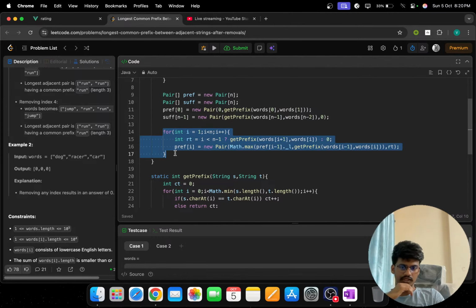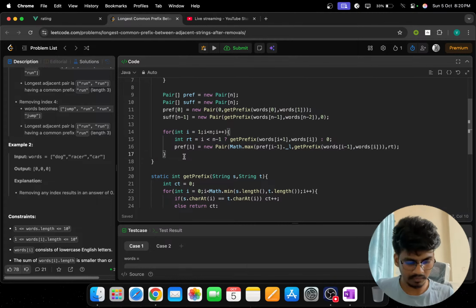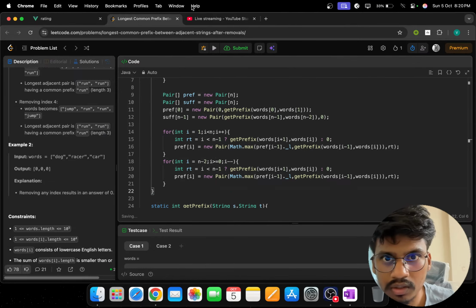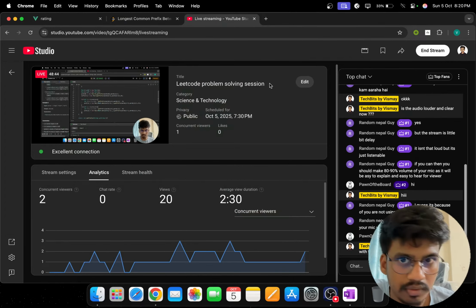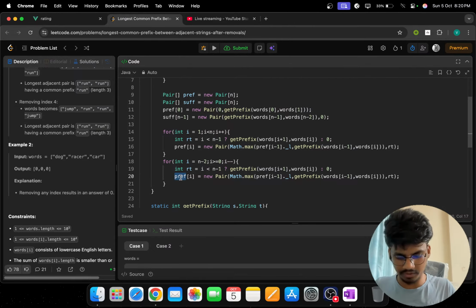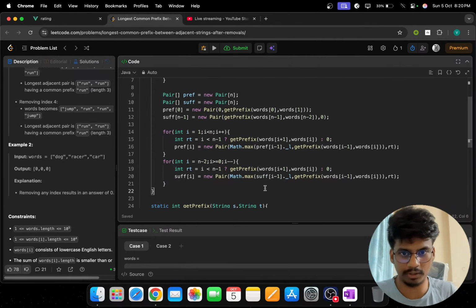Now we want to calculate the suffix. Let's calculate the suffix. So suffix would be n minus 1 starting from n minus 2 while I is greater than or equal to 0, and we will do I minus minus. Okay, we will do I minus minus, and here we will say suffix. Again, where do we have? Yeah, here we have suffix. Okay,